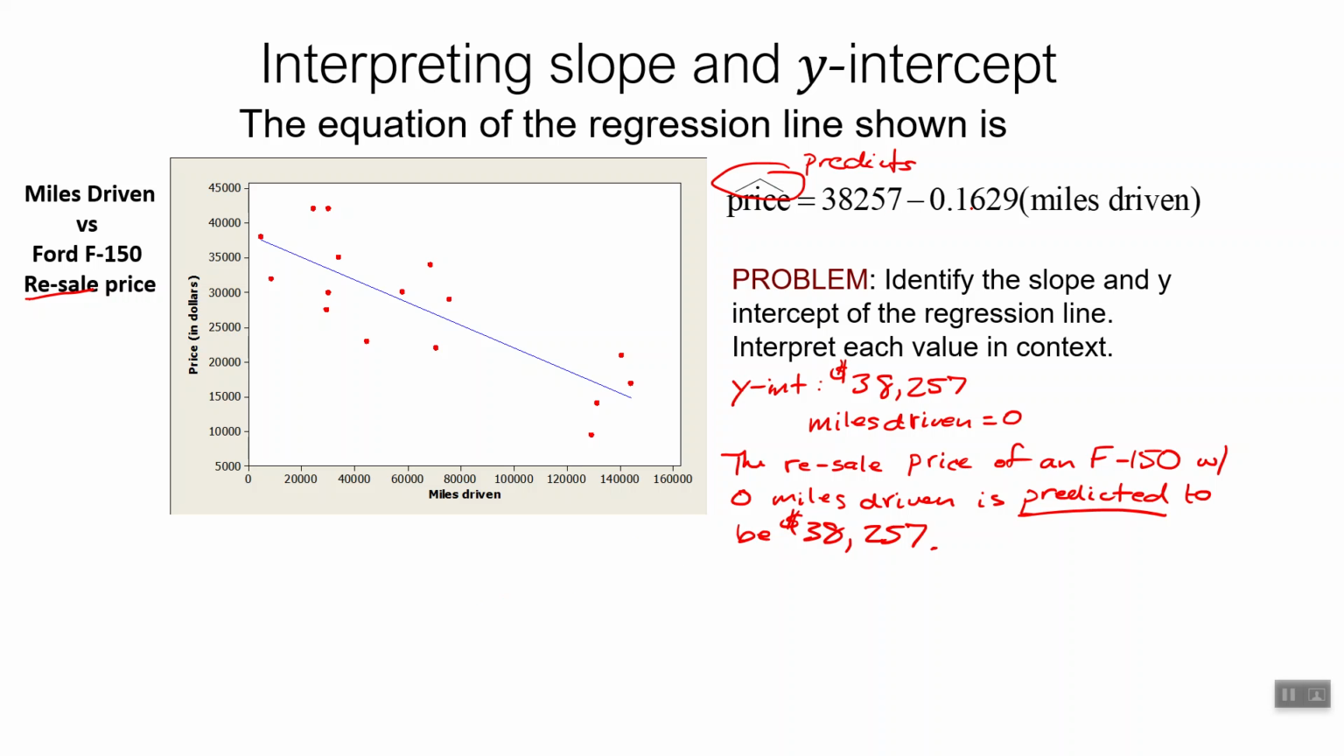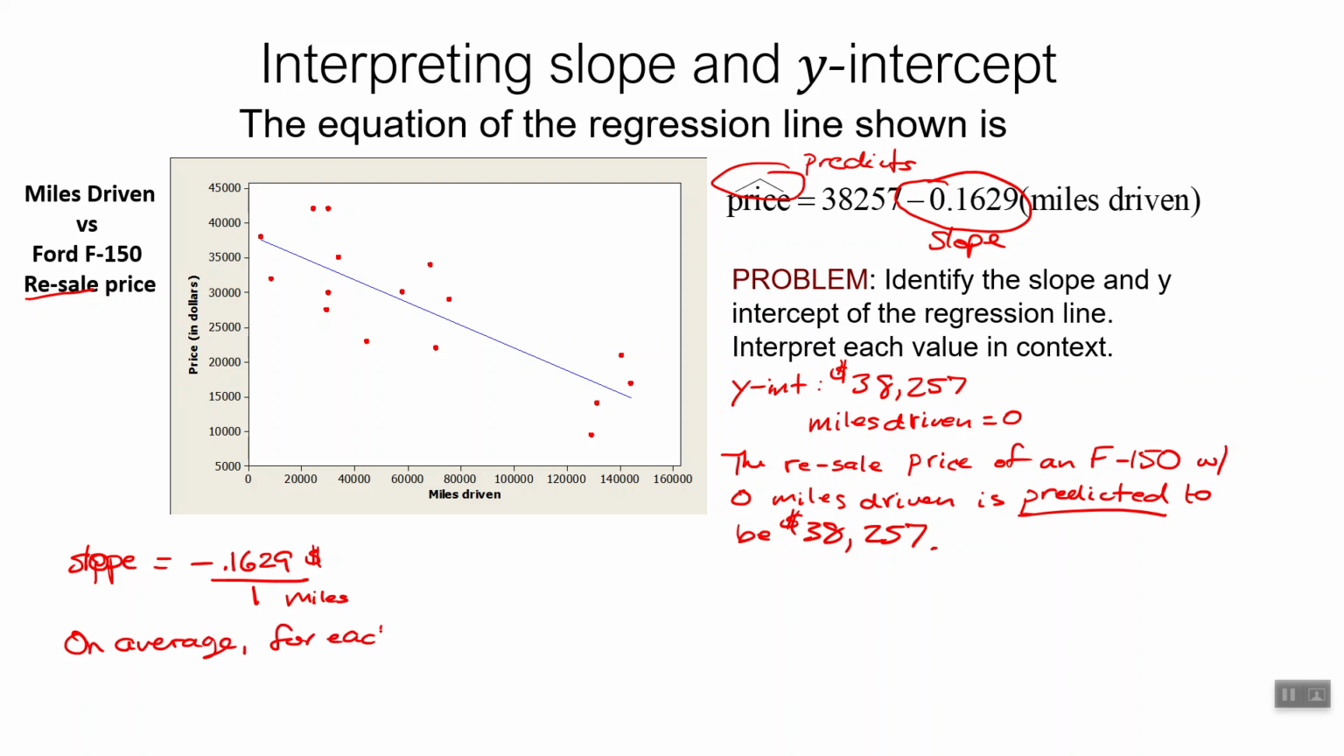And the slope, so here's our slope right here. Usually when we interpret our slope, the first thing we do is we say that our slope equals negative 0.1629. We put it over 1. Miles driven is our x, so miles, and this is dollars. Now we take this and we write our sentence, and our sentence starts with, on average,